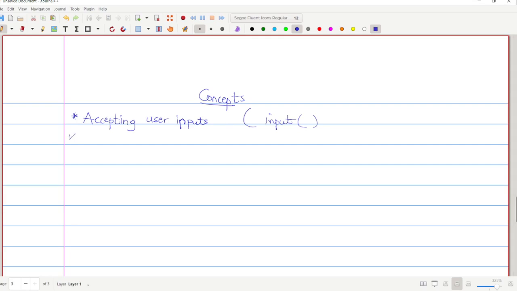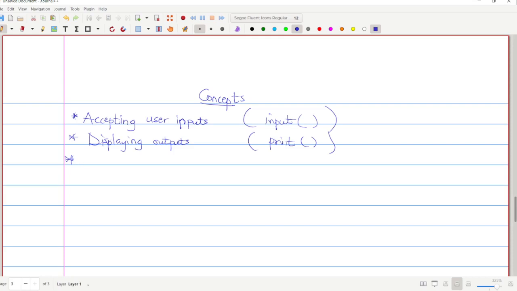We've also looked at displaying outputs to the user, and we use the print function in Python. All right. Then